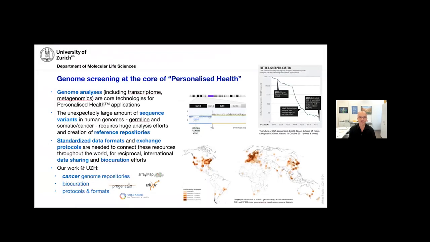Let's go. So yeah, this is something people involved with SPHN are obviously very familiar with. I mean, genome screening is at the core of what we call now personalized health. Genome analysis have become cheaper, have become more ubiquitous in clinical practice and in research, although, as also most of you are aware, the genome analysis we as researchers want to have, that is whole genome and complete genome screening and complete data availability.